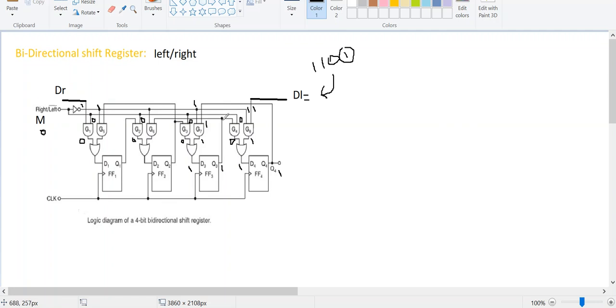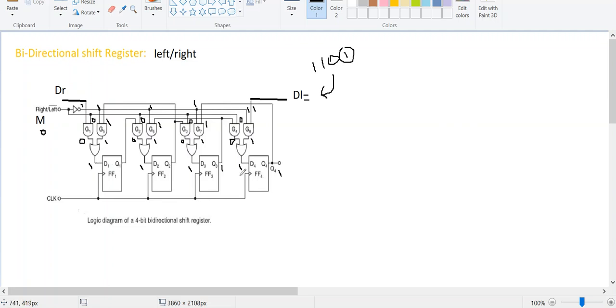Now this 1 is connected here, and then to G6. One of the inputs is 1 and the other input is also 1. Now 1 into 1, you get the output as 1 here. So 0 OR 1 gives 1. Now 1 at the flip-flop again gives the output as 1, and it is moving in this direction. Now it is also 1, so 1 with 1 gives the output at this G5 AND gate as 1. Now 0 OR 1 gives the output as 1.